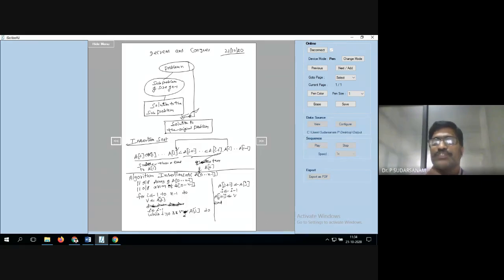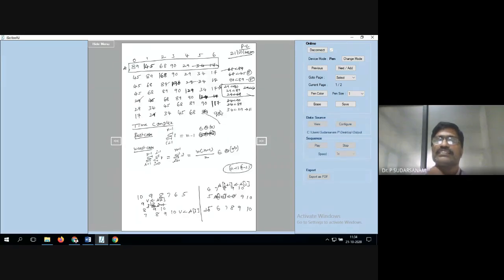So only one first loop will be executing, I is equal to 1 to n minus 1. That is the reason we'll be writing only one statement, that is theta of n. Suppose the swapping is happening in all the cases, that's what I told you. So double summation: the first loop will be executing 1 to n minus 1, the second loop will be executing 0 to I minus 1, or n minus 2, you can write it, no problem. You substitute that, you will be getting theta of n square.